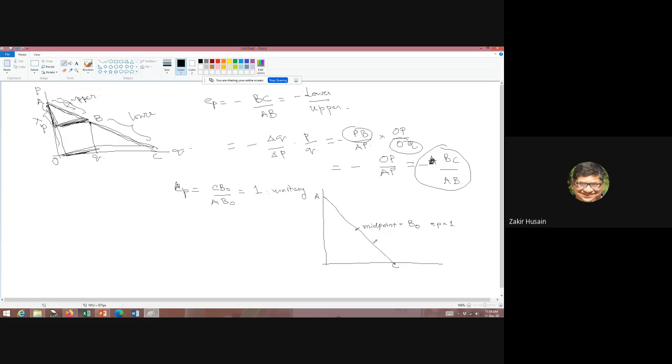Now, along the straight line demand function, it's a linear demand function. What are the properties of a linear demand function? The slope is constant. So this may lead us to argue that because slope is constant, elasticity will also be constant, which is wrong. If you look at a point like B1,